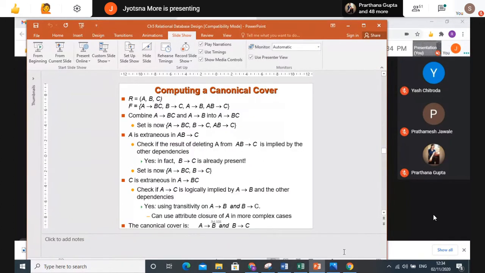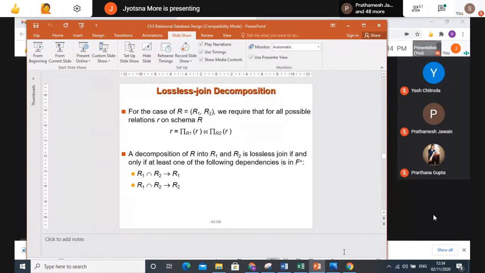That solution I gave you already. We'll see this in the examples if we get. Okay, next is lossless join decomposition. Now what is a lossless join decomposition? Usually this is a formula, but with this formula you will not understand anything. Just for the exam, if the question asks what is lossless join decomposition, write the formula.